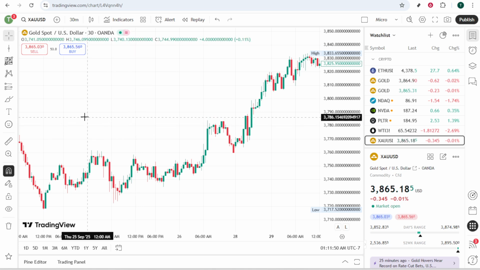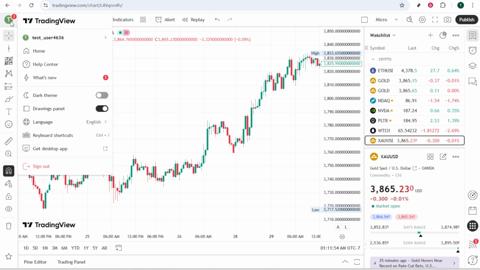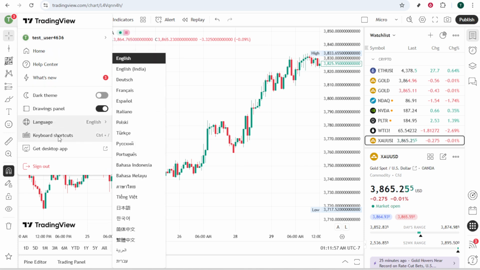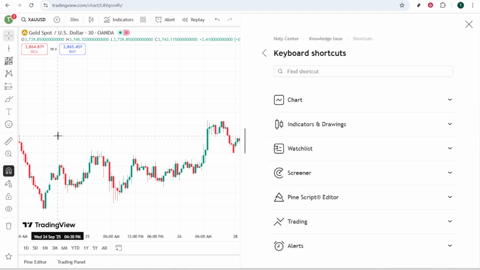First things first, you'll need to log into your TradingView account. Once you're logged in, take a look at the top left corner of your screen where you'll see your profile icon. Go ahead and give that a click. From the drop-down menu that appears, you'll want to select Keyboard Shortcuts. This action will prompt a panel to open up, filled with an organized list of all available keyboard shortcuts you